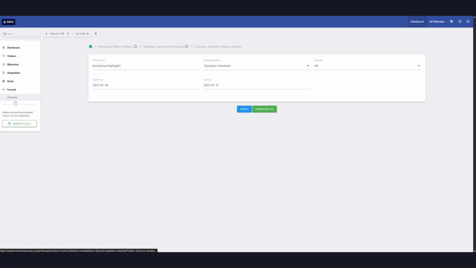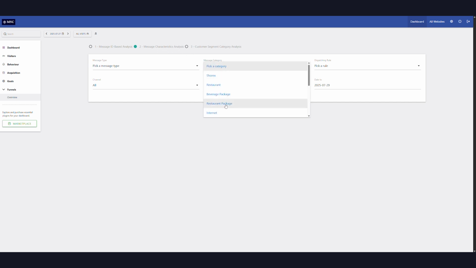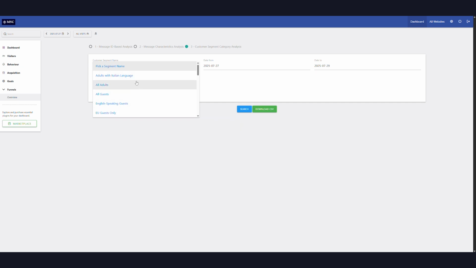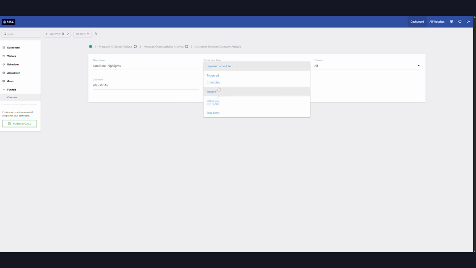Matimo tracks the performance of notifications and allows three main analysis categories. 1. Message ID-based analysis based on the performance of individual messages. 2. Message type category-based analysis based on message type or category characteristics. 3. Customer segment-based analysis based on customer behavior. When searching for notifications sent based on message ID, the histogram shows